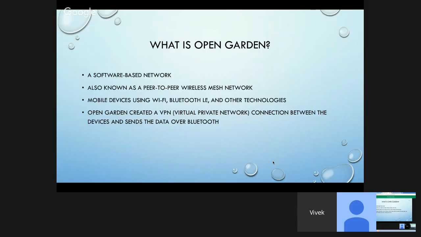The technologies used for this are primarily Wi-Fi and Bluetooth, and now Bluetooth LE, meaning Bluetooth low energy, so it doesn't use as much power as the old traditional Bluetooth. Open Garden was created as a virtual private network, and it just sends messages between devices. It's mostly done over Bluetooth, but it also uses Wi-Fi if necessary.